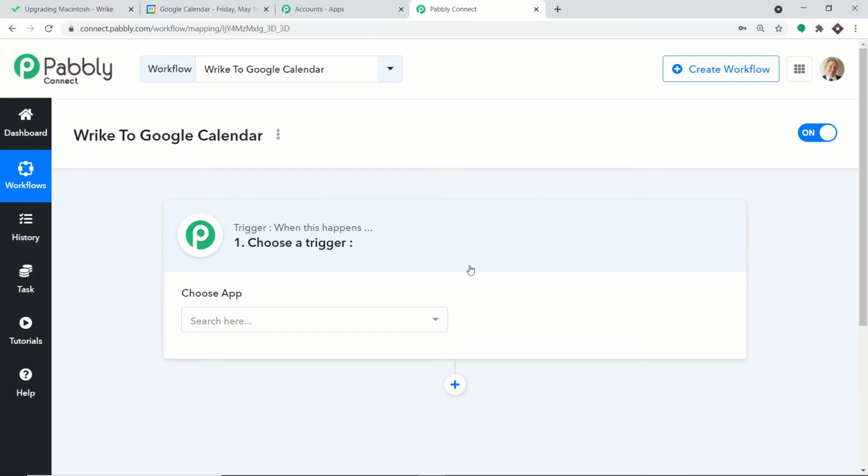So when you click on create, a window appears in front of you. This is called the trigger window. So basically here I'm going to create a new workflow. Now, if you are interested, you can actually clone the template of this workflow by choosing the link which I have added in the description box.